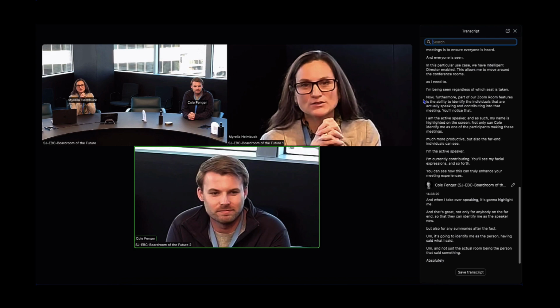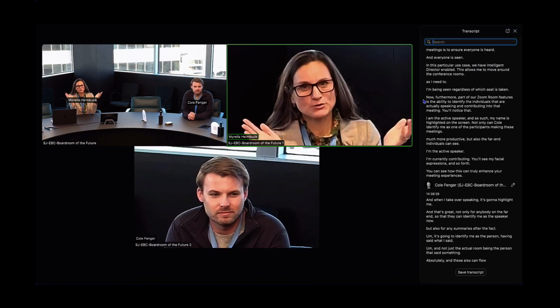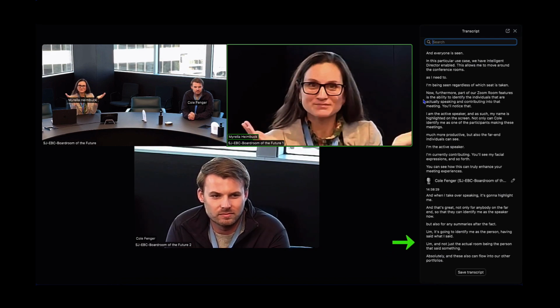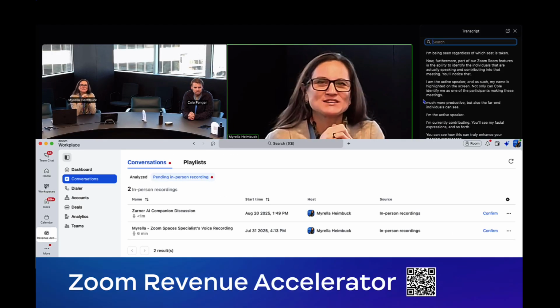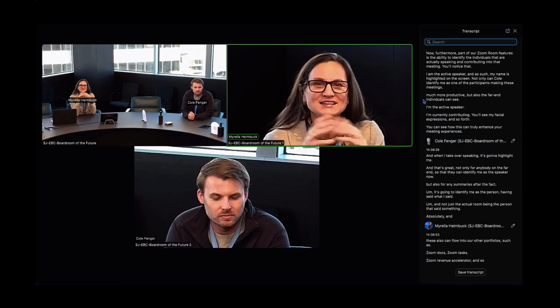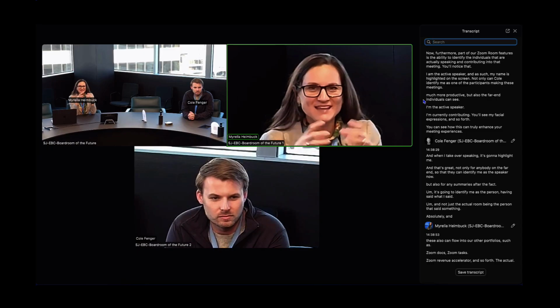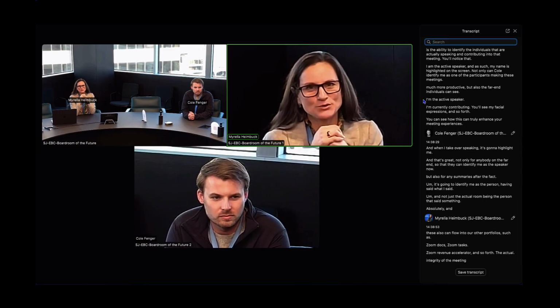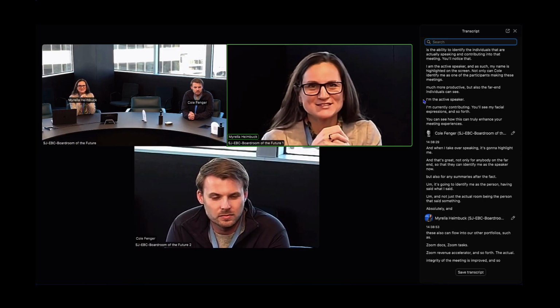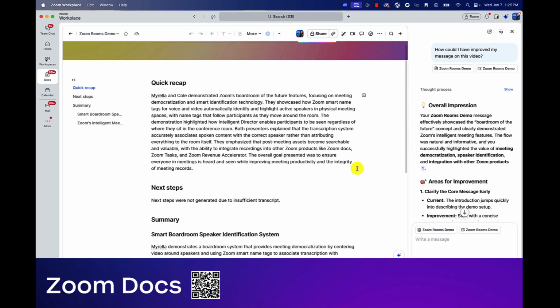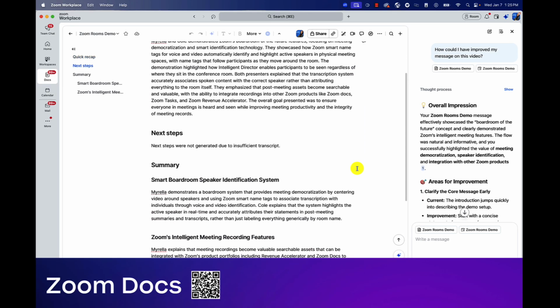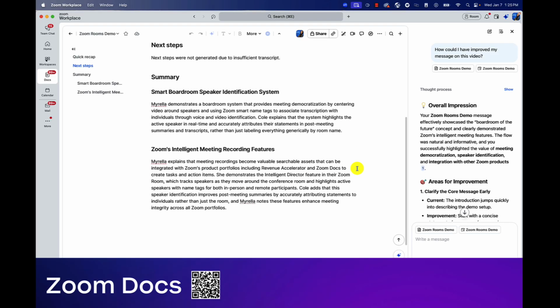Absolutely. And these also can flow into our other portfolios, such as Zoom Docs, Zoom Tasks, Zoom Revenue Accelerator, and so forth. The actual integrity of the meeting is improved, and so it's all of the assets that come with it. This is an example of what was automatically generated for me on my Zoom Docs post my Zoom meeting